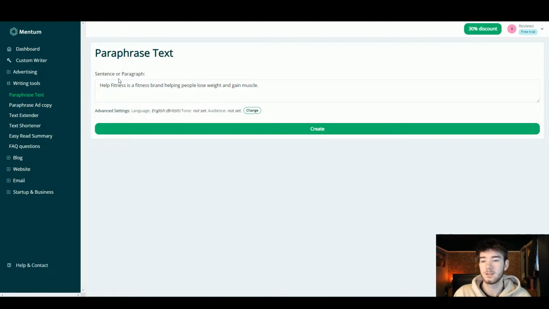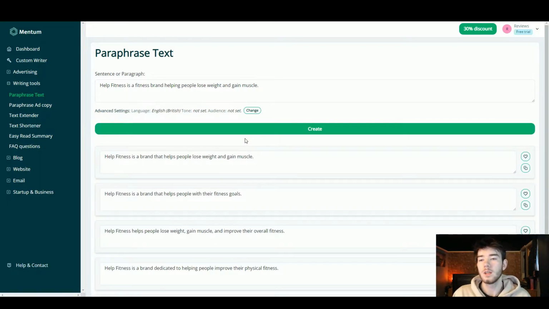And you can see sentence or paragraph. I wrote a sentence. The settings are already set to what we had. So I'm going to just click create. So there you go, it's changed the phrasing of our text. So as you can see, Health Fitness is a brand that helps people lose weight and gain muscle. That's pretty much what we said in the first place, although it's taken away the that in that helps